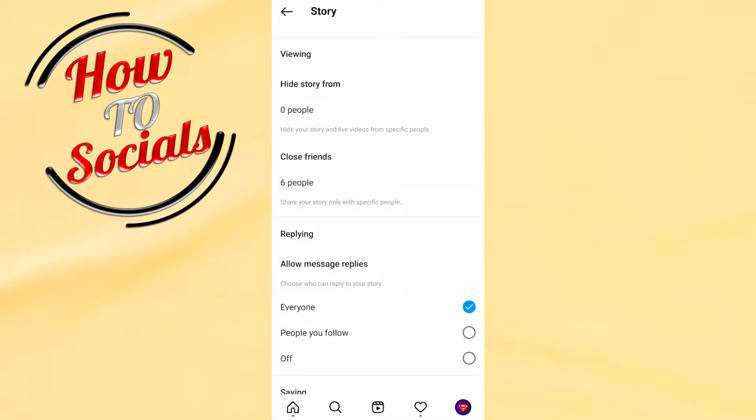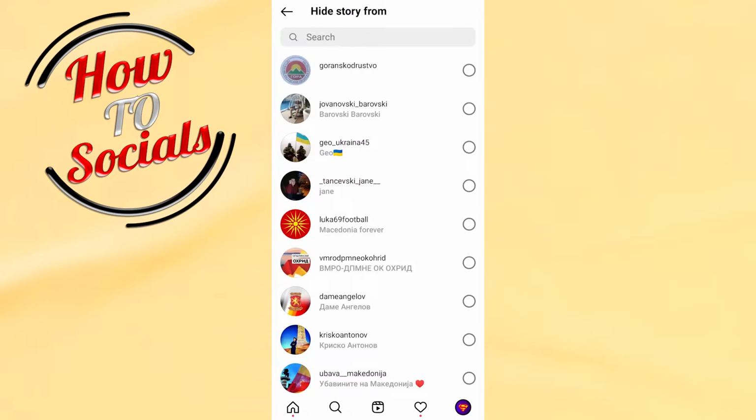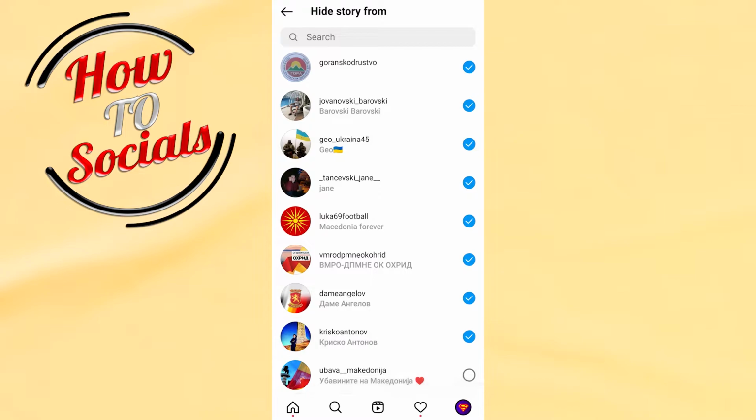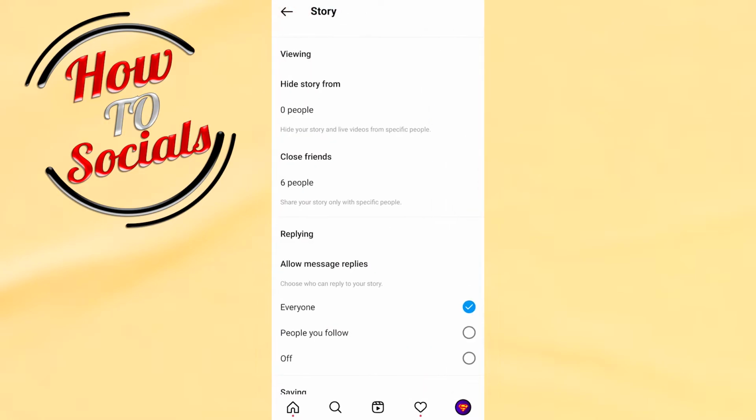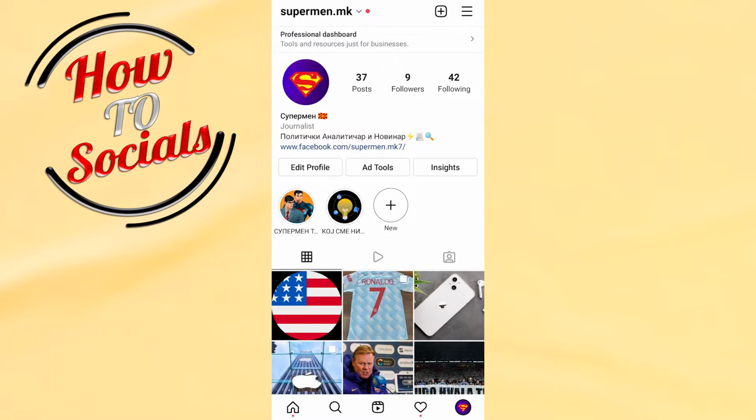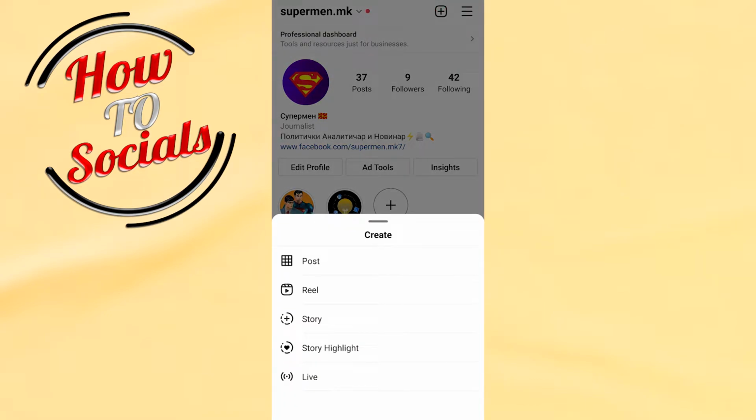Click on the story section, and on the first side you have hide story from. As you can see here, it is for 0 people. Click on that. Here you need to tap on every single person that has followed you on this account, and right after that get back, and here you need to go for the plus icon on your right side, then